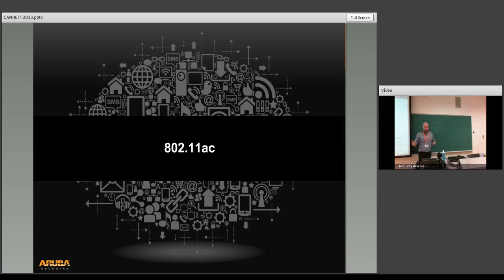All of the vendors in the wireless space have been working for the better part of a decade now on optimizing the wireless experience from a connectivity perspective, and that includes how I manage the AP, so I'm not manually setting channel and power, but it also takes into account how I